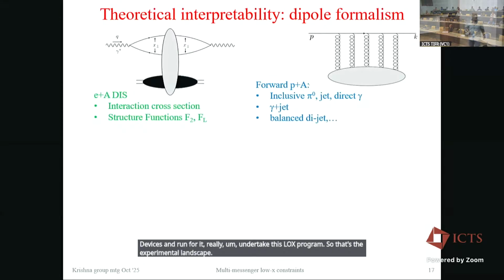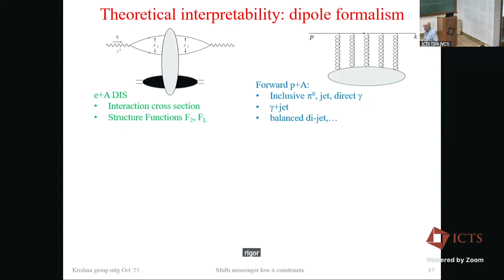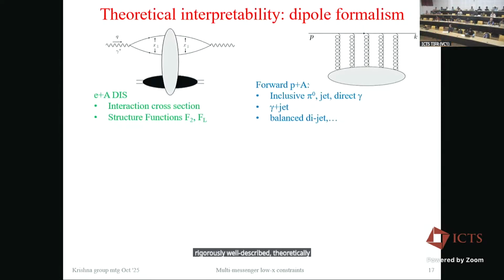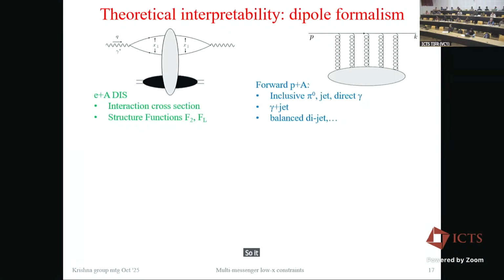Now let's look at the theoretical landscape. We can make beautiful forward measurements at the LHC, but if they are not rigorously well described theoretically, you haven't done much. So one has to apply the highest standards for both the theory and the experiment if you really want to carry out this program in a convincing way. So it turns out that